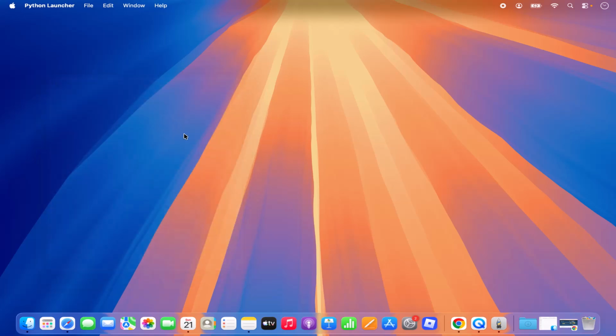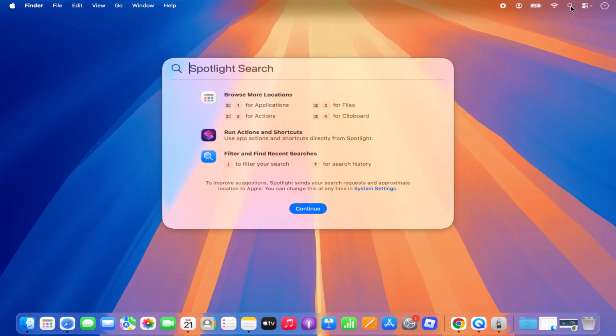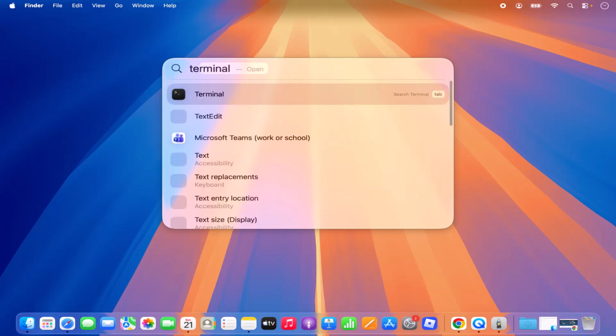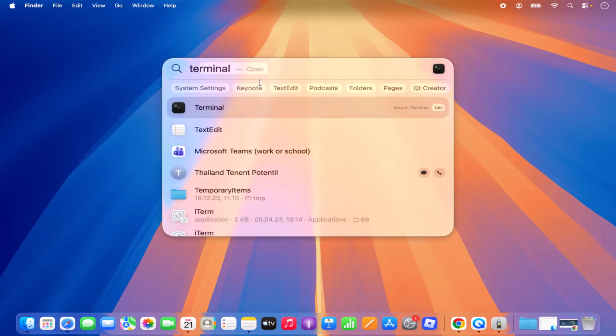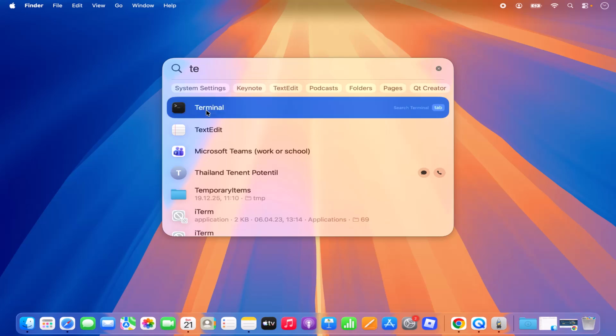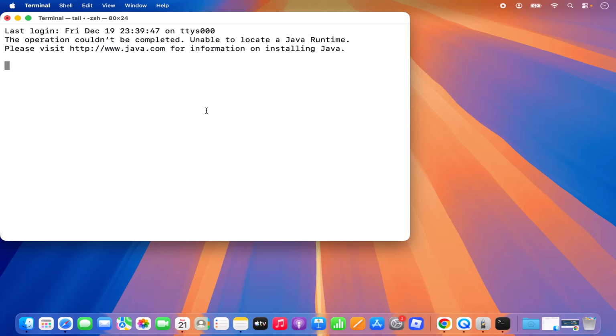Now let's try to open the terminal. So terminal, if you don't know, is something which comes with your Mac operating system, so you can open it anytime, right? So just click on this spotlight search and search for terminal here, and here you can see the option for opening the terminal. So click on this terminal option, which is going to open this kind of terminal,